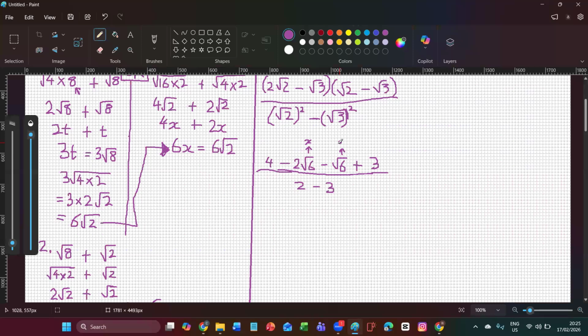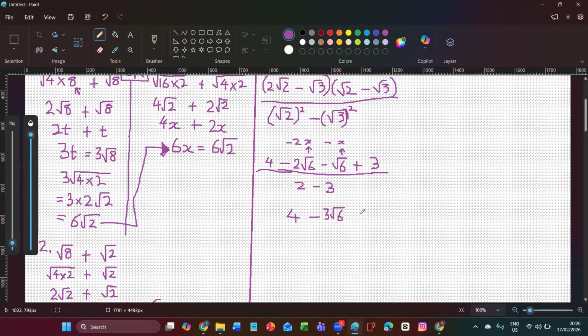So that's going to be like 2x minus 2x minus x, isn't it? Is that not minus 3x? Yes, sir. So that's going to leave me with 4 minus 3 root 6,